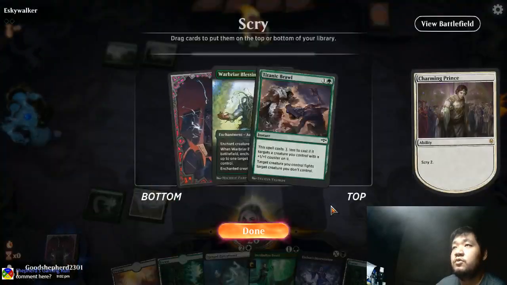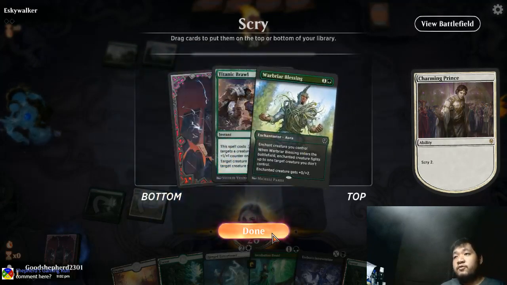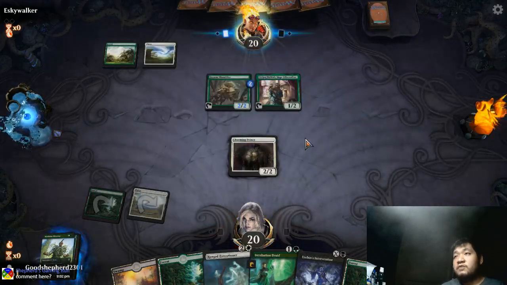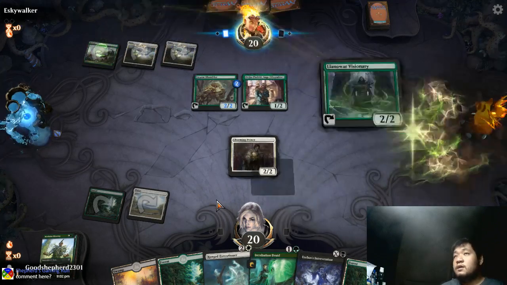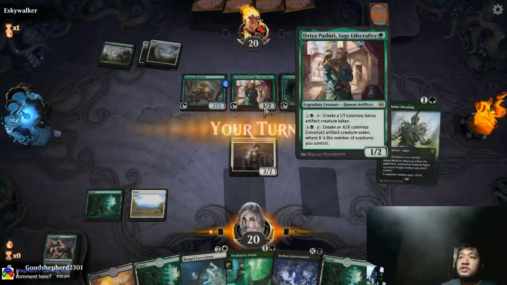Scry 2. We're definitely keeping both. Yeah, definitely want the Warbriar Blessing first because that will definitely snipe... Well, it'll snipe Ovia if our opponent doesn't kill our Charming Prince quite yet. Okay, that's fine. Now, which is the bigger threat? Llanowar Visionary or...